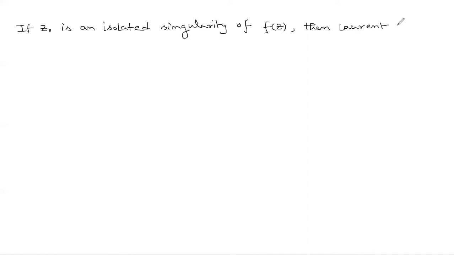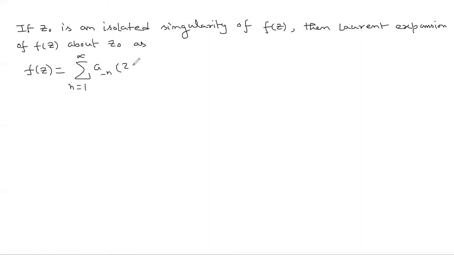So just to recall Laurent series expansion, if z0 is an isolated singularity of a function f(z), then we have the Laurent series expansion of f(z) about z0 as f(z) equal to summation n equal to 1 to infinity a minus n (z minus z0) power minus n plus summation n equal to 0 to infinity a n (z minus z0) power n, and 0 less than |z minus z0| less than r,